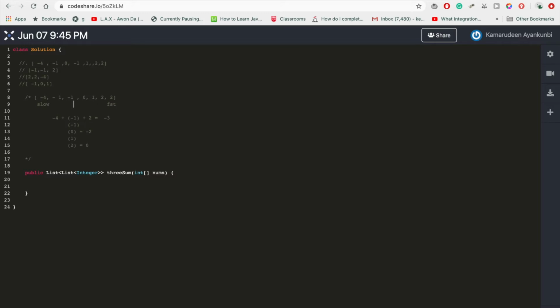So first thing you can try doing is move the slow pointer up, and then check again to see if you can find any other numbers that sum up to 0. After you do that, you've already checked everything from the slow pointer. Well, what if you push the fast pointer back? You want to check everything from the fast pointer and everything in the middle, so you're sort of shrinking the window